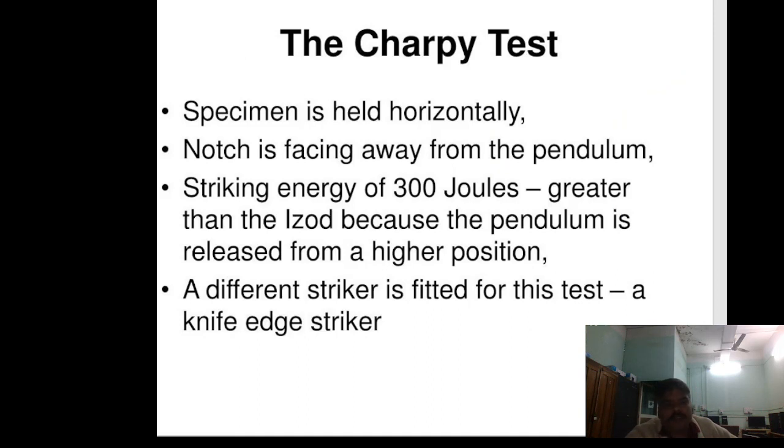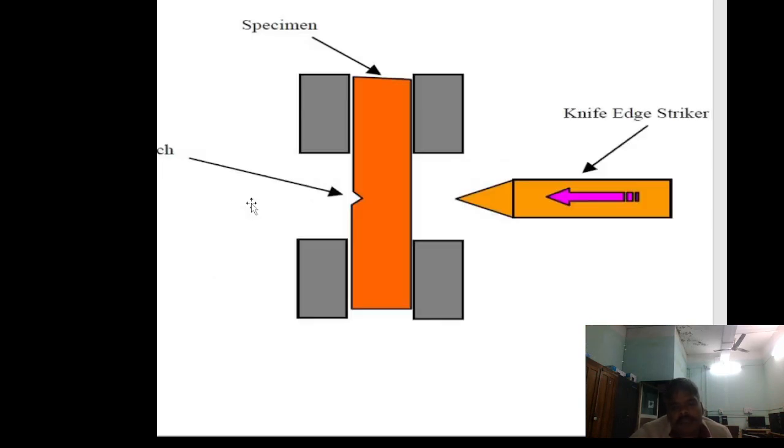The Charpy specimen is held horizontally. The notch is facing away from the pendulum. Striking energy of 300 joules, greater than Izod, because the pendulum is released from a higher position. A different striker is fitted for this test, a knife edge striker. It is the Charpy test, a simply supported beam. The knife edge striker strikes